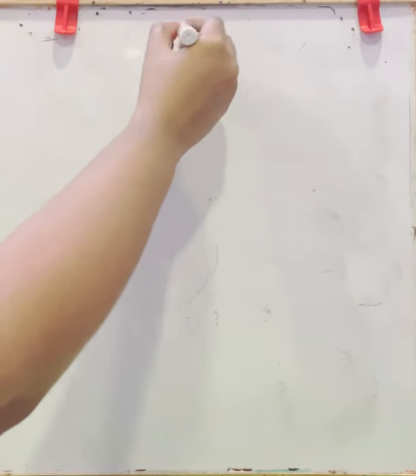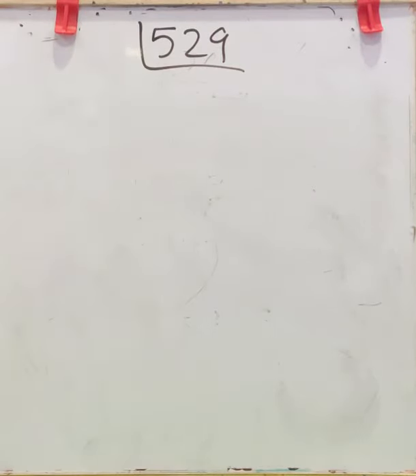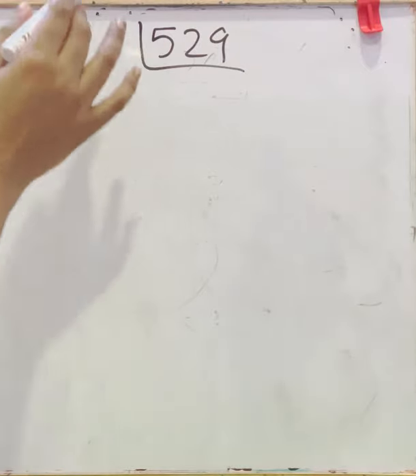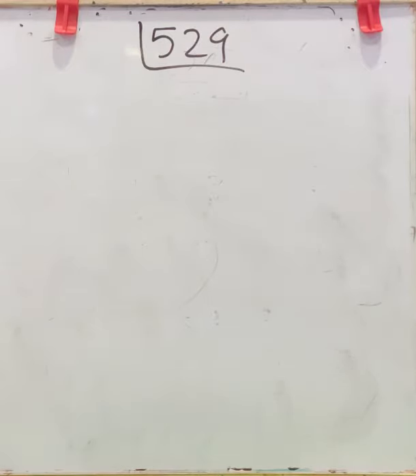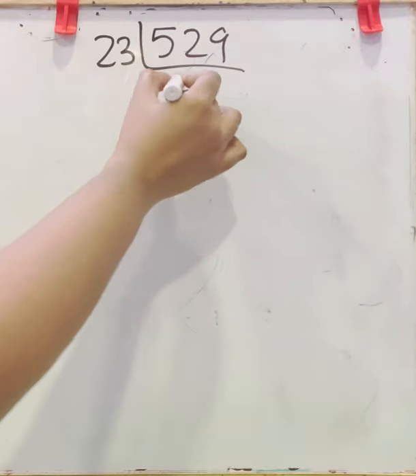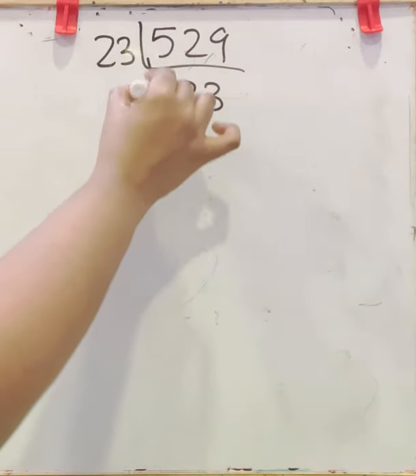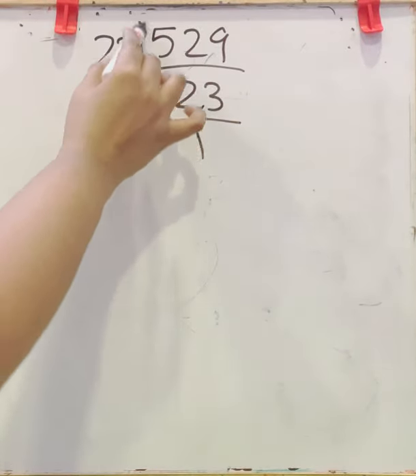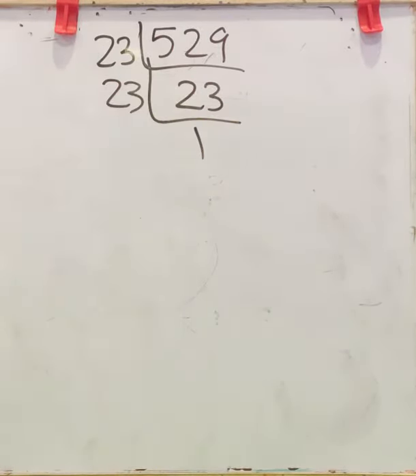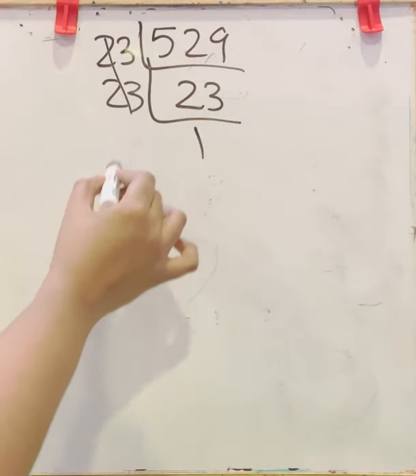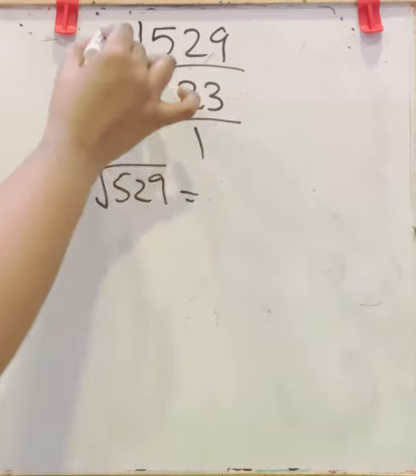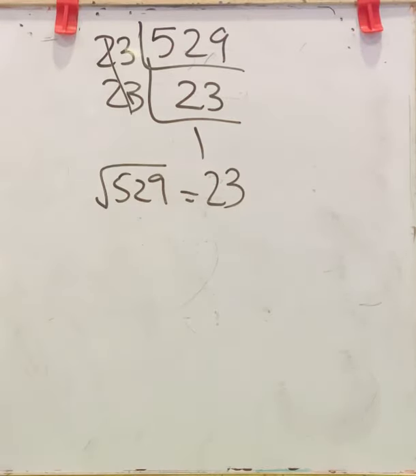Next number 529. Here it is not divisible by 2, 3, 5, 7, 11, 13, 17, 19. So next prime number is 23. Checking the divisibility, you can see 529 is divisible by 23. Don't forget it, because 23 into 23 is 529. So again here 23 one time. Note this number, 529 is 23 into 23. Now pair it, square root of 529, pairing 23s, you will take 23. So this is the answer.